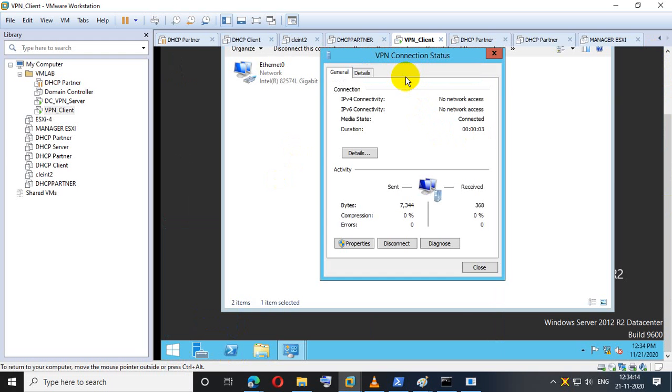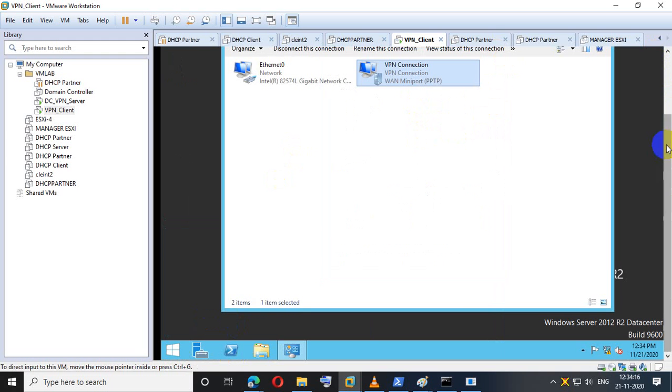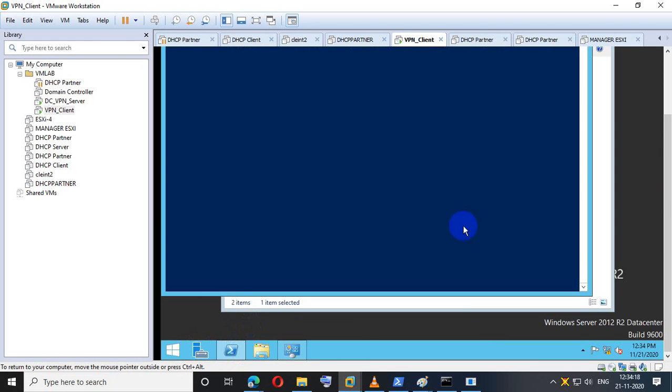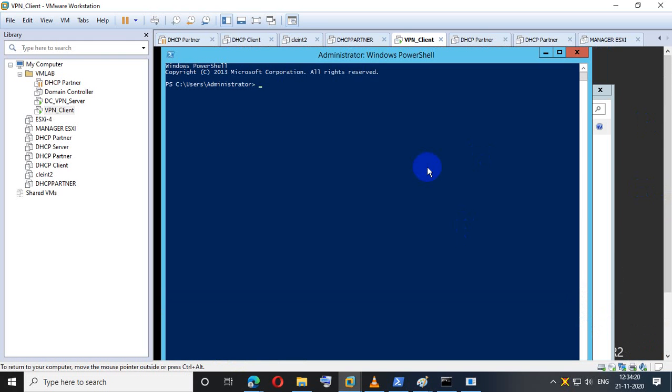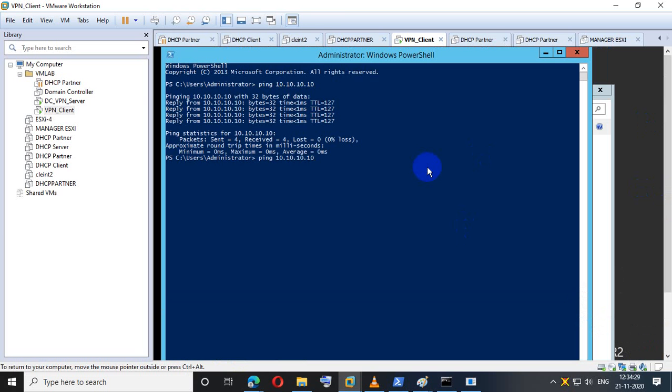Connected. My machine is connected. Now I can ping, and I can even ping bt.com as well.